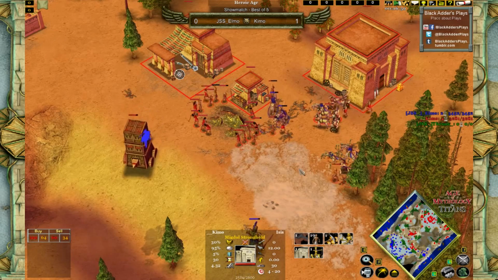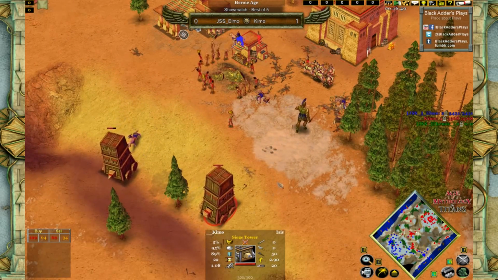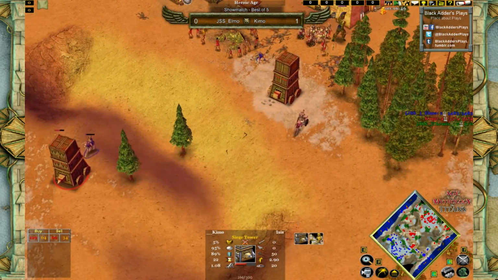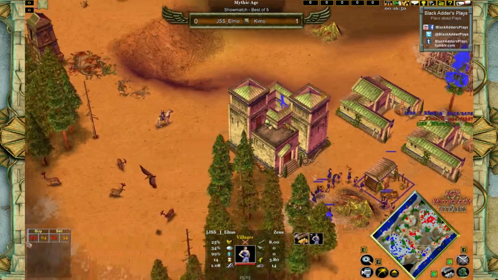And since Kimo right now doesn't have a well-established economy, he just started trading. He has like 20 farms and basically good. There's no other gold mine for Kimo. So if he went Hira, he would have some chances to win the game. But right now,